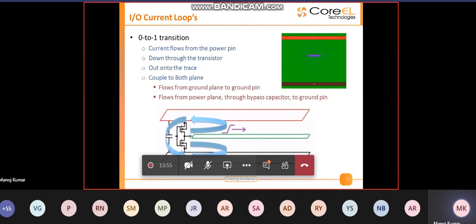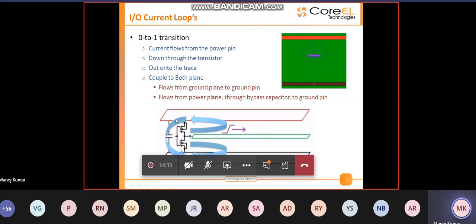Let's first try to understand the current loop seen in a transmission line with respect to high-speed designs. In a high-speed design environment, you have a power plane, and the ICs are connected to power planes and to their output stages, which drive your transmission line.